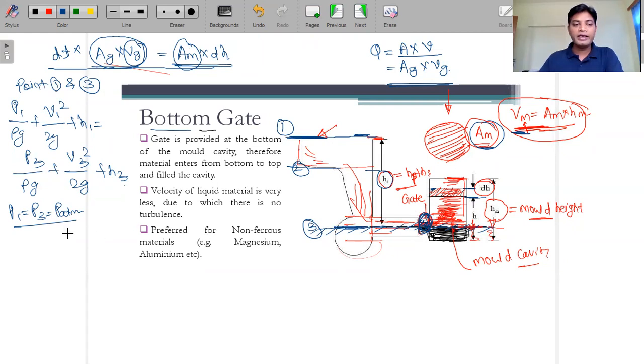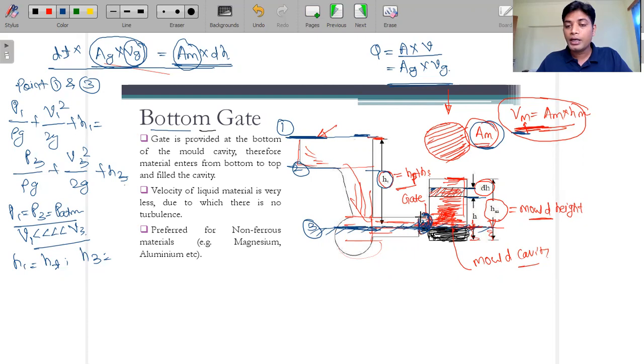It means the velocity at this one point is very small compared to V3. Okay, let's talk about this height, that is H1. H1 is the total height, measured from the datum level. So this is equal to HT. Now H3 will be equal to, from here I am considering the datum height, because the gate is at